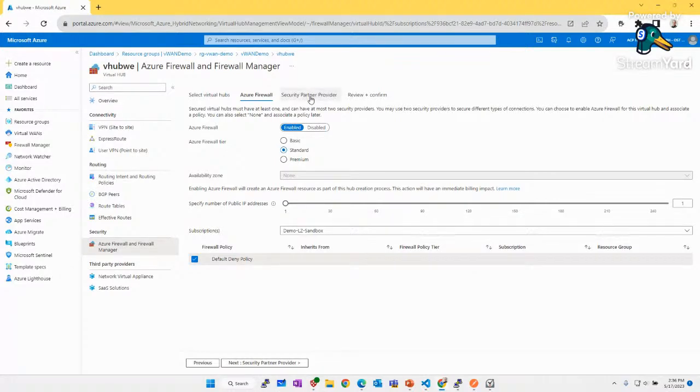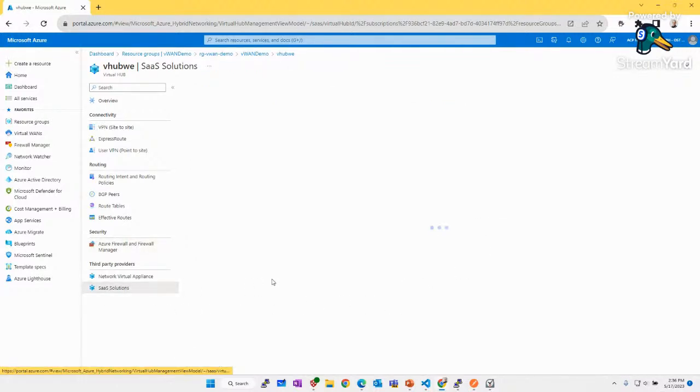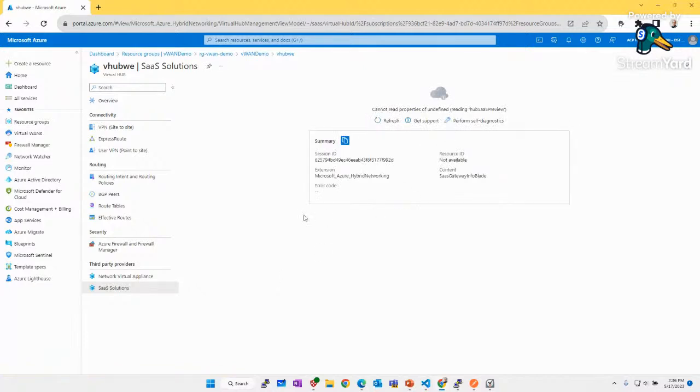Or we can also use NVA providers, Checkpoint, or Zscaler, I'm sorry, Checkpoint or Jboss. And this is really new if you want to implement a software as a service solution. Okay, it's not ready at the moment here. You can also implement a software as a service solution.